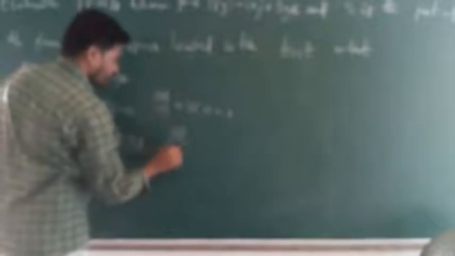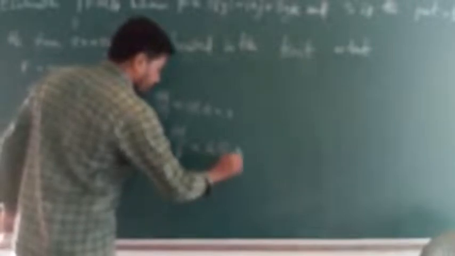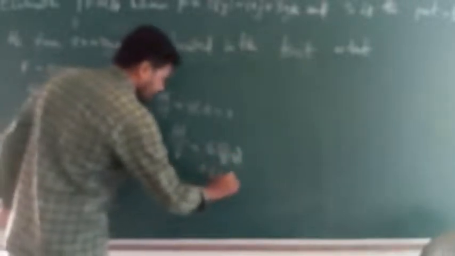Next, dou phi by dou z. The partial derivative with respect to z: the other terms are constants, so they are 0, 0, 0. Only 6 into dou by dou z of z remains, nothing but 6 into 1, total 6. Dou phi by dou x is complete, dou phi by dou y is complete, and dou phi by dou z is complete. So now the del phi formula.